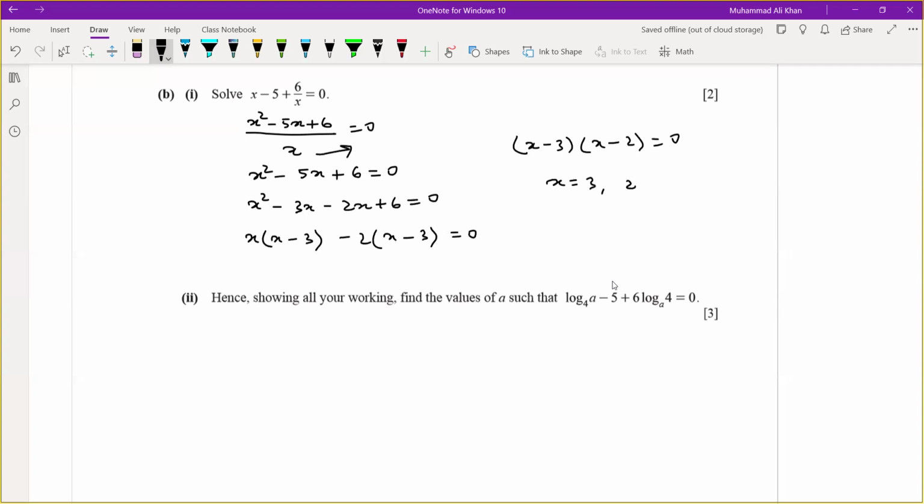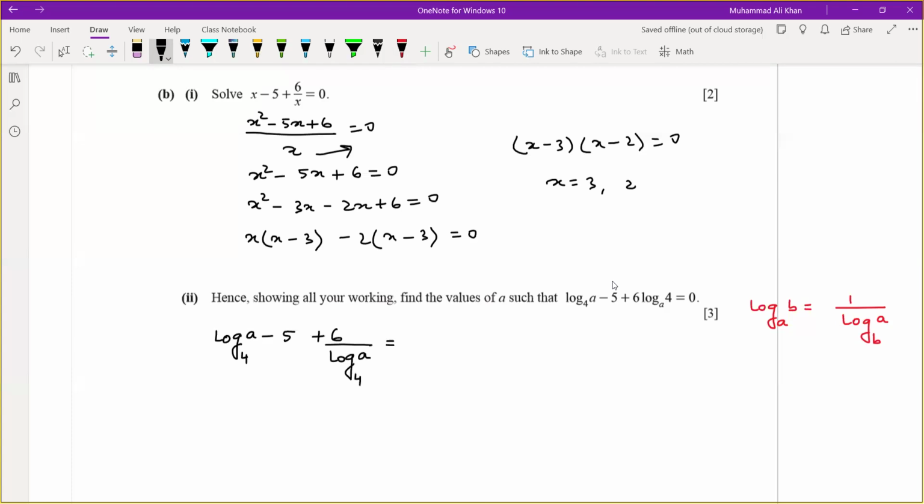And after that, we have to solve the second equation. log 4a minus 5 plus 6 log. Okay. I'm writing here: log 4a minus 5 plus 6. अब देखिएगा जरा, लॉग की एक और प्रॉपर्टी है हमारे पास. अगर लिखा हुआ है log a b, तो इसको हम लिख सकते हैं 1 अपॉन log b a. आर्ग्यूमेंट बेस पर चला जाएगा, बेस आर्ग्यूमेंट पर आ जाएगा. तो यहां पर मैं 6 log a 4 को लिख रहा हूं, 6 अपॉन log 4a